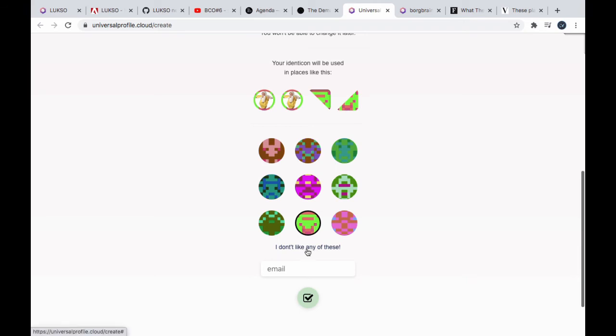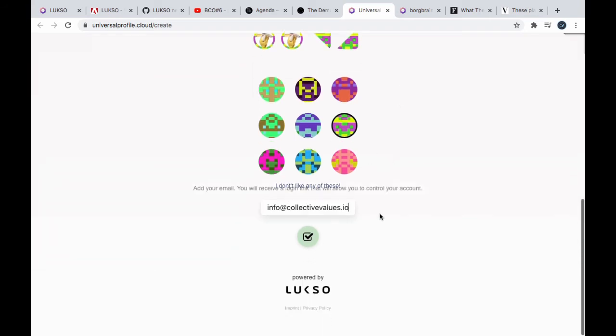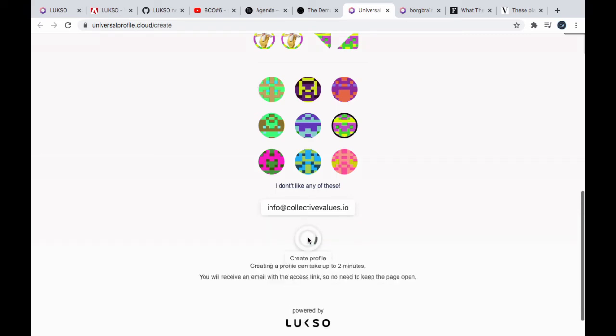But I feel like I've got to try to get a yellow one, because I don't know if I like that. If I keep flipping through, eventually I'm going to find a nice banana baby appropriate attire. I don't know, is that nice? I kind of like those colors together. And we come down here, you put in your email address, you click create, and then you create a profile. That's basically how you create it.